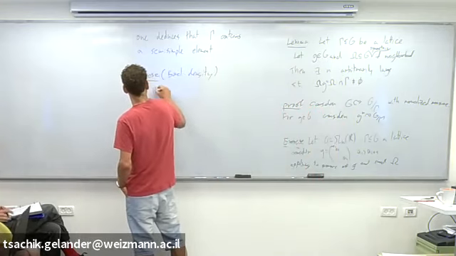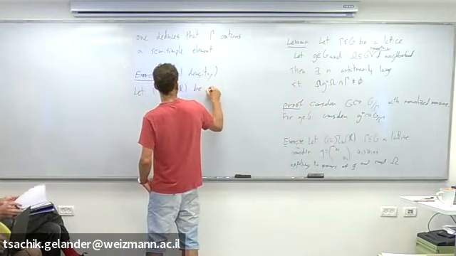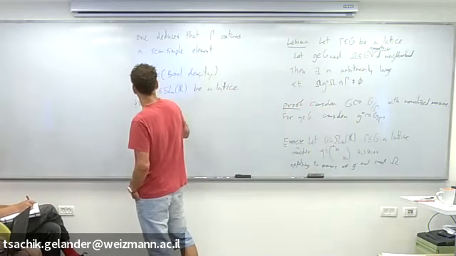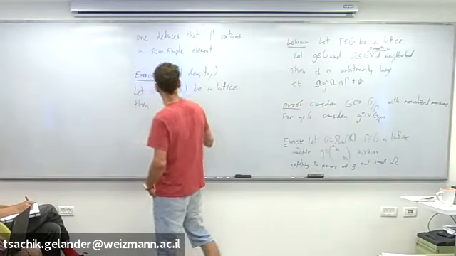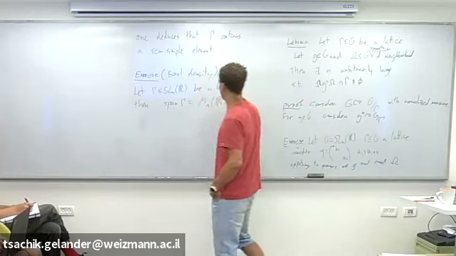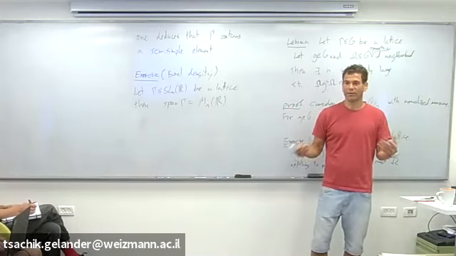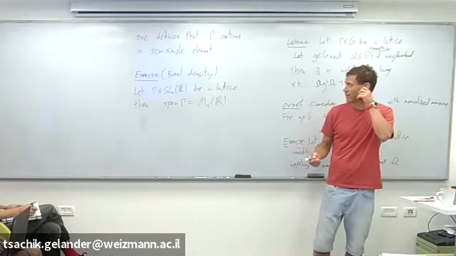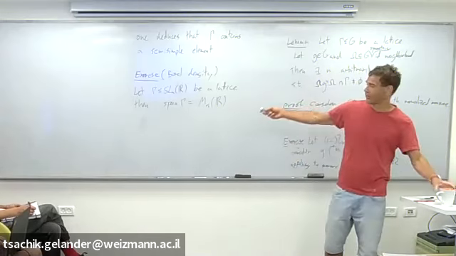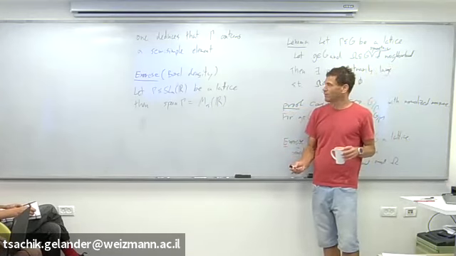So let gamma inside SL_n(R) be a lattice, then the span of gamma in the matrices is the full matrix algebra. So which means in some sense lattices are big, algebraically big. This is of course, if you know Borel density, then this follows from Borel density, but it's almost the right statement.